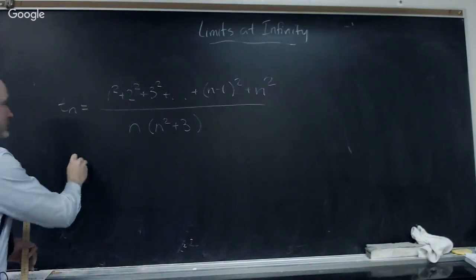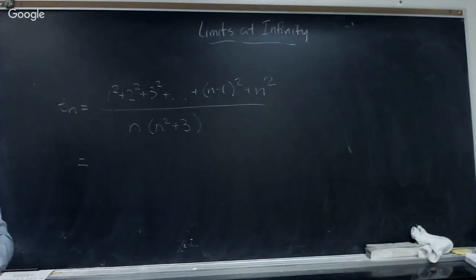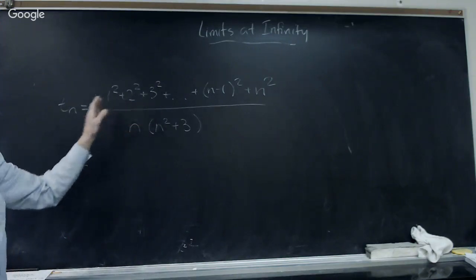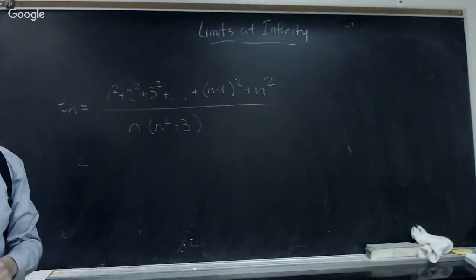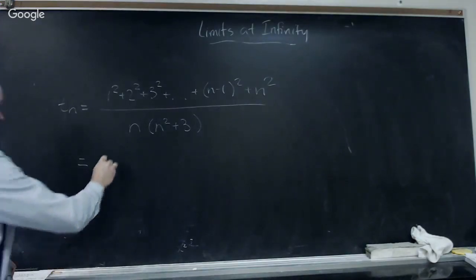So basically what you have to do is go to the internet if you don't remember it, and I didn't remember it, and look up the formula for the sum of the numbers from 1 up to n squared. And so that is n over 3